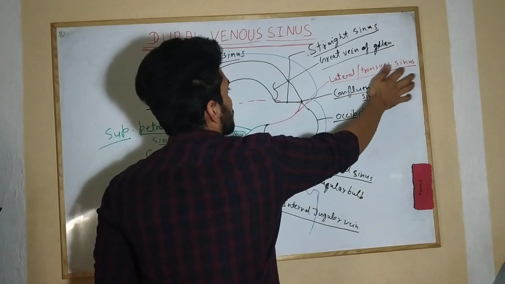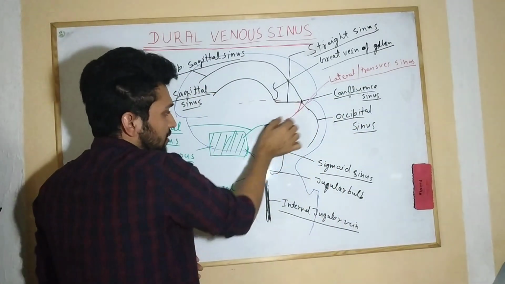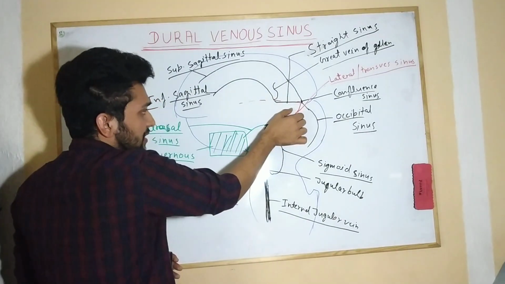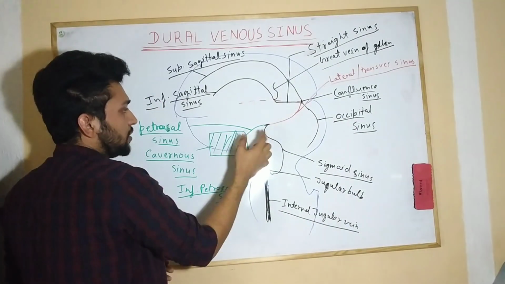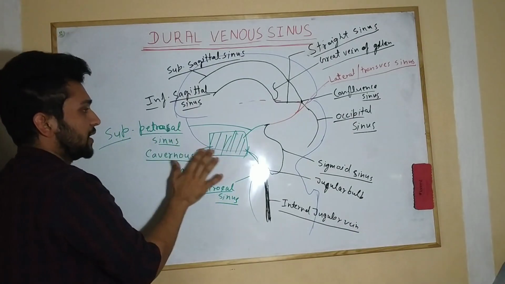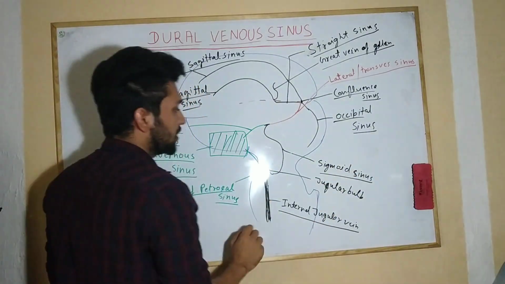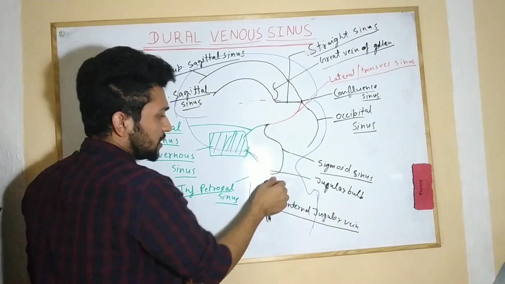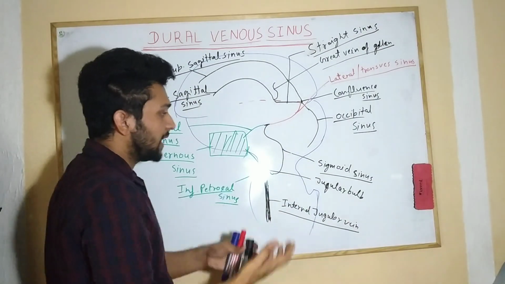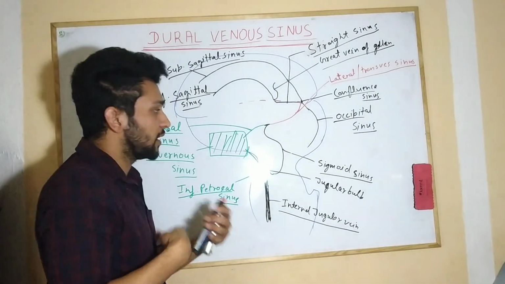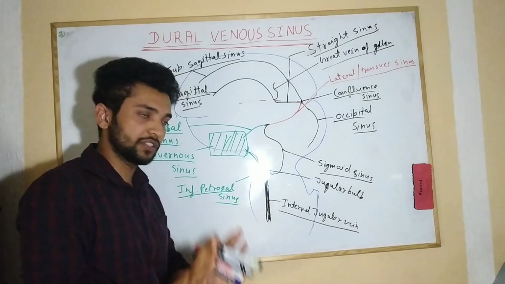And this son got two sons, both twin sons. So we have got the lateral transverse sinus. After that, this grandson got married with the cavernous sinus daughter. That was the superior petrosal sinus. And after that, he became twisted, made the sigmoid sinus, and he was too twisted. He actually made the jugular bulb. After that, he got another marriage, that is inferior petrosal sinus, and after the second marriage, he became straight again.